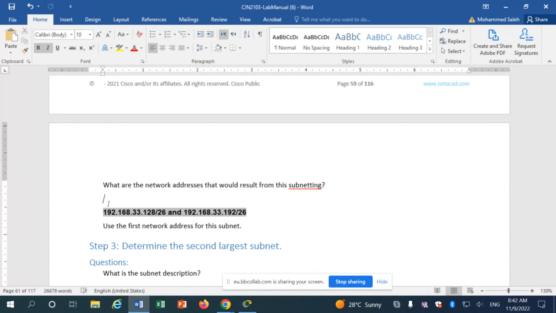Which question? Which number? What are the network addresses, dot 128 or dot 192? Okay. This tells you how many subnets you get. Now we said we have two networks, two bits, right? So we will start from 192, and then if we add